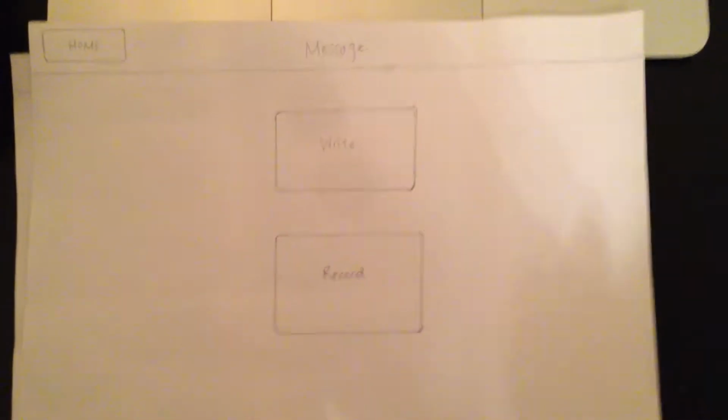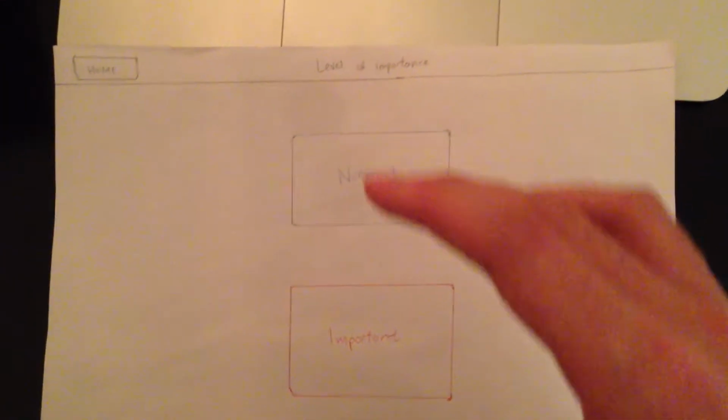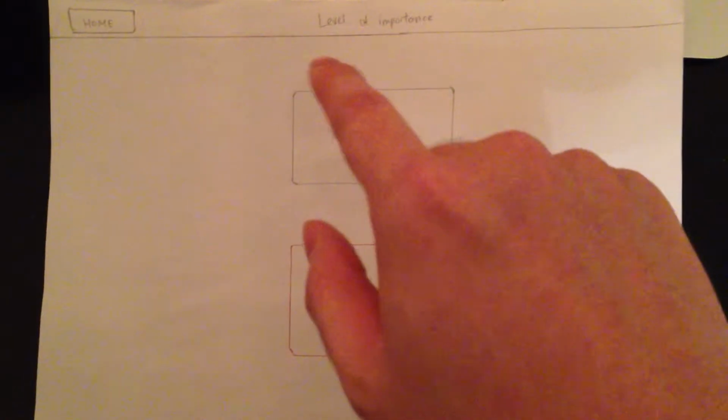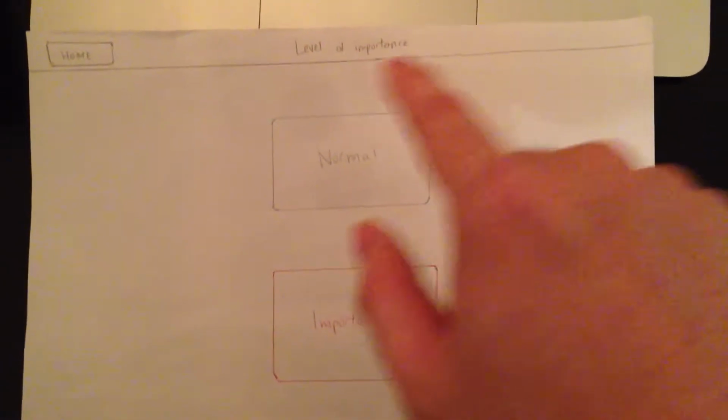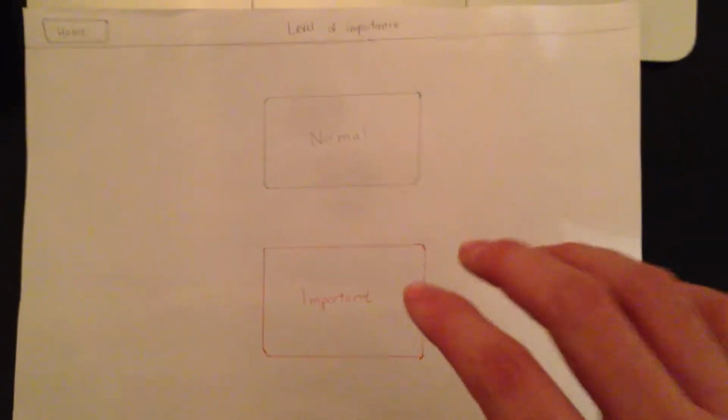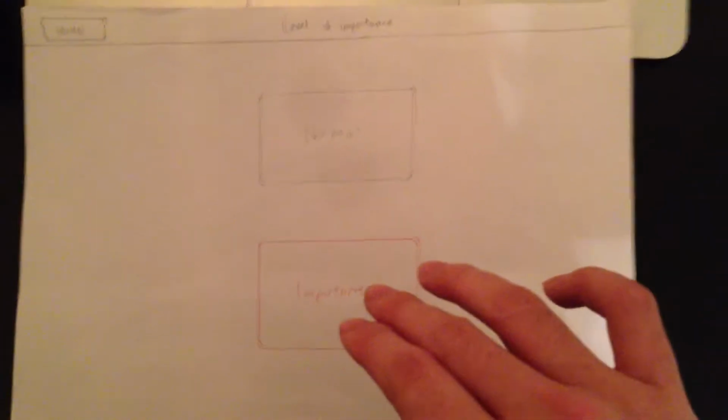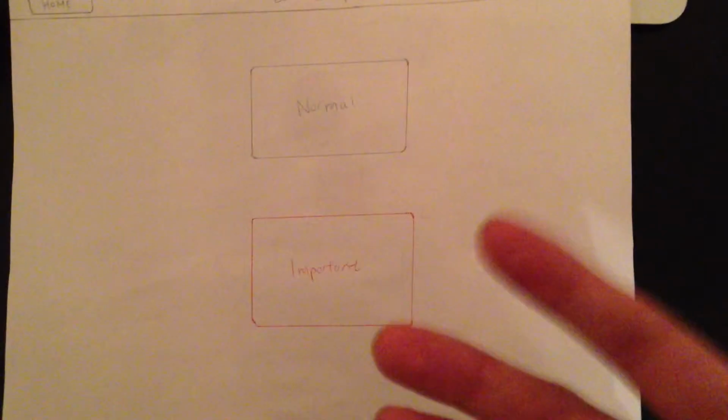And after I lift my finger away, the screen will automatically bring me to another interface, which shows two different buttons. As you can see, I have designed the screen as simple as possible with very few buttons, and now you can see two buttons which show the level of importance of the message. I can choose whether it's a normal message or an important message. Since I want Louis to bring my stuff back today, for this instance I will choose important. Okay, I'll press important,